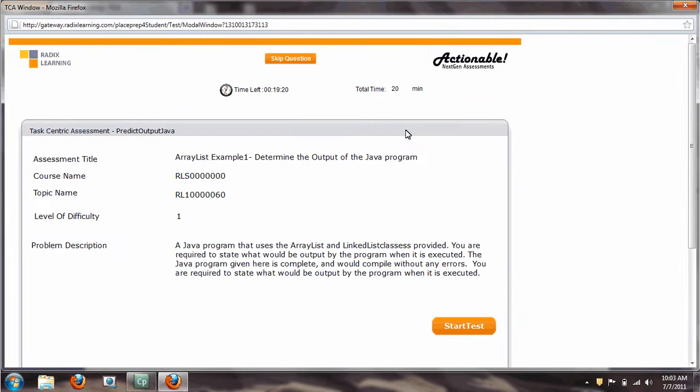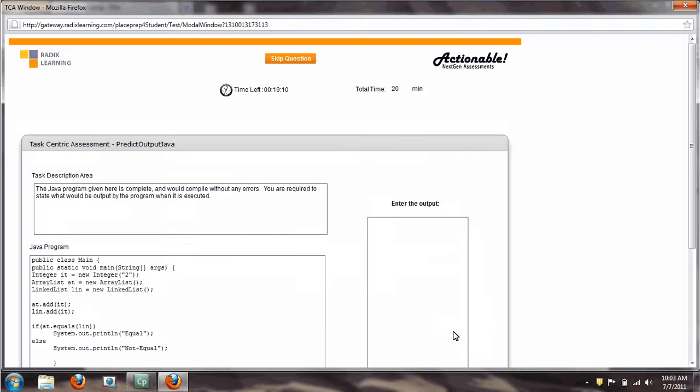Once I click on the attempt button, I see a screen which tells me that this particular task involves determining the output of a Java program. There is a detailed description given here in terms of what I need to do. I read that and then click on the start test button. Once I start the test,